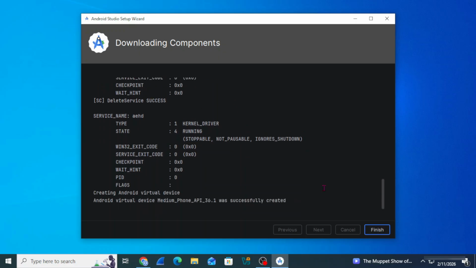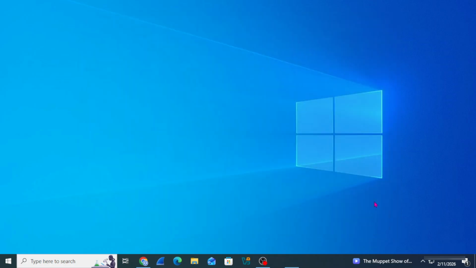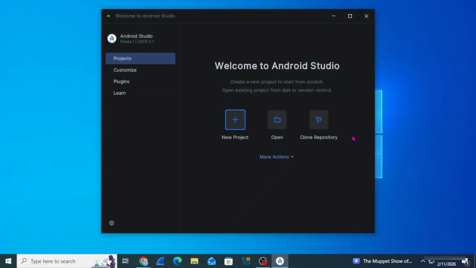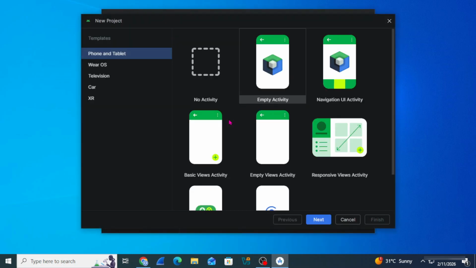Okay, so guys, after this it is showing me this welcome to Android Studio screen, and here we have the options for projects, plugins. So I'm going to take the projects option, and here I'm going to click on new project because I want to create a new project. Okay, so now guys, here we have various options, templates available, whether you are creating for phone, tablet or TV. So we are creating for phone and tablet, and then from here we have to select empty activity. Okay, and click on the next button.